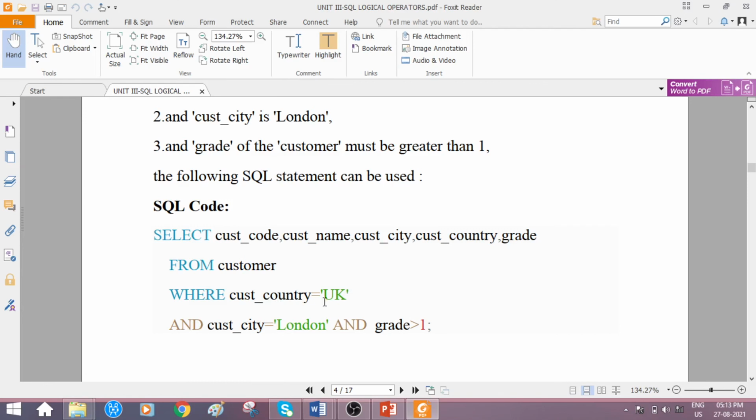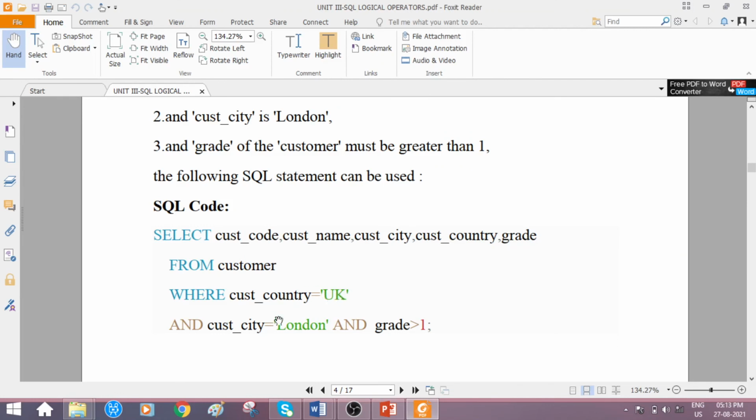Customer country should be equal to UK. If it is true, then one more thing has to be checked. That is, if customer city is equal to London, and again if this becomes true, only then one more condition, whether the grade of the customer is greater than 1, has to be verified. Okay. So it is with hierarchy. First the country is given preference.